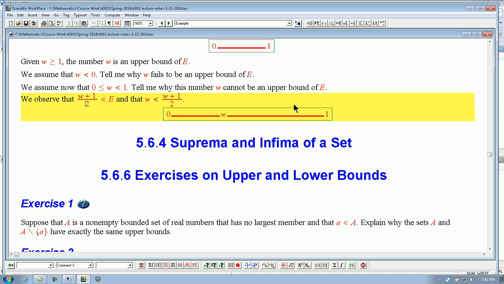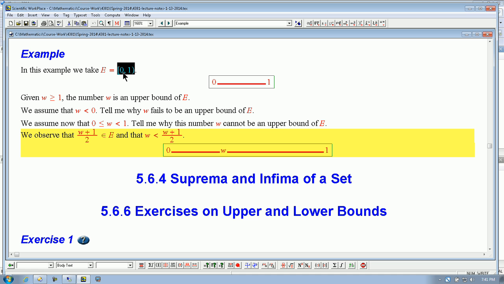Okay? So the fact is that we can prove that if a number belongs to the interval, that answers your question. See? In this case, a number belonging to this particular interval cannot be an upper bound of the interval, right? Another way to see it, by the way, is that an upper bound of this interval that belongs to it would have to be the biggest member. Does this interval have a biggest member? It doesn't. Therefore, no member can be an upper bound.